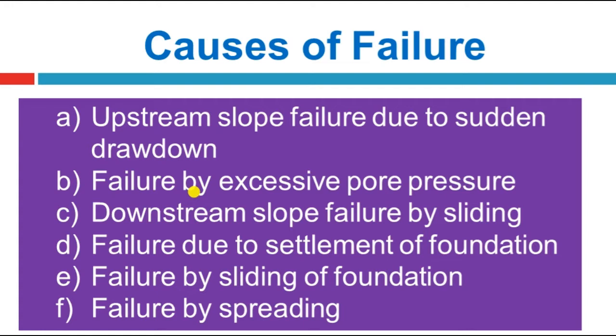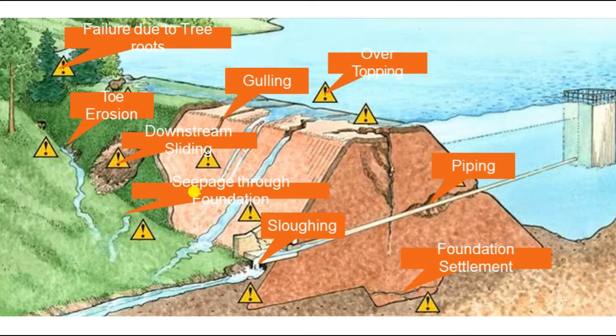We can also classify failure mainly in three ways. One is hydraulic failure, another is seepage failure, and the other is structural failure. Now see, this is the overtopping position. In the overtopping condition, erosion of the downstream side takes place or the whole dam fails. That is called the overtopping position.